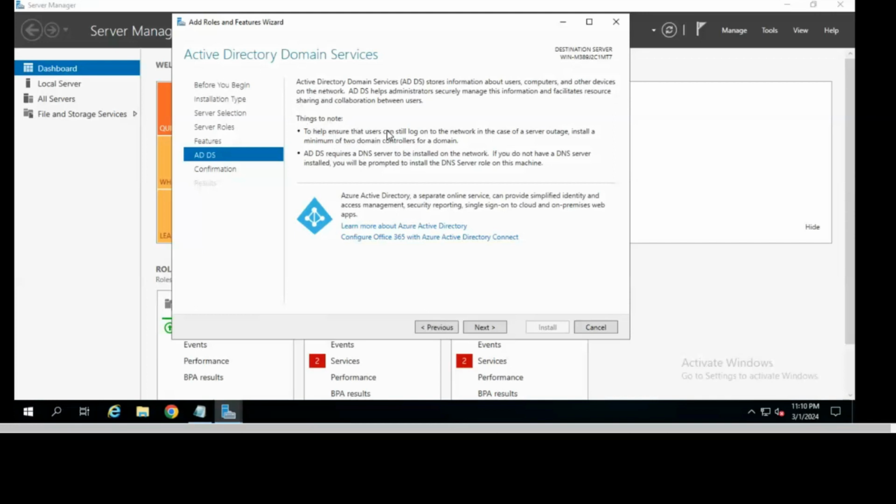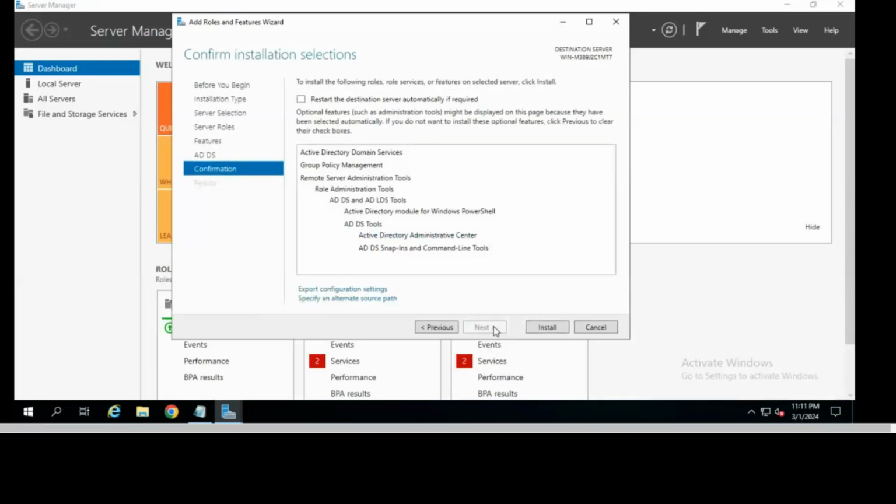That is DNS. So you also have to install one DNS service, which in the backend converts the domain name into an IP address and an IP address into a domain name. Don't need to do anything. Automatically, it will install that DNS also when you install this ADDS.